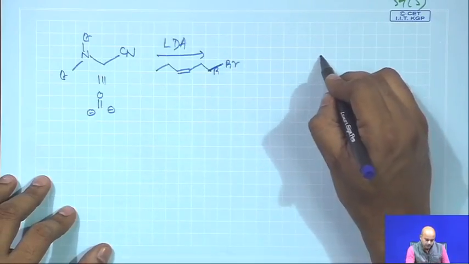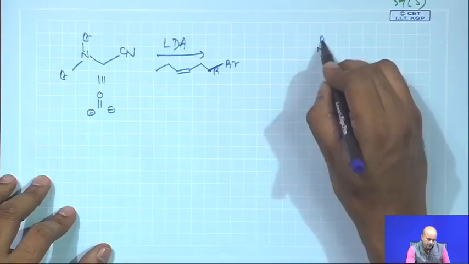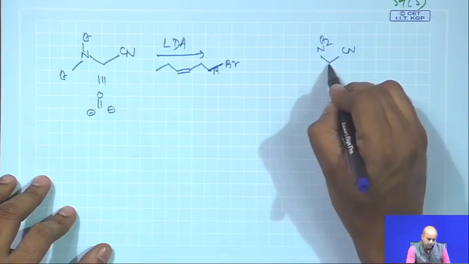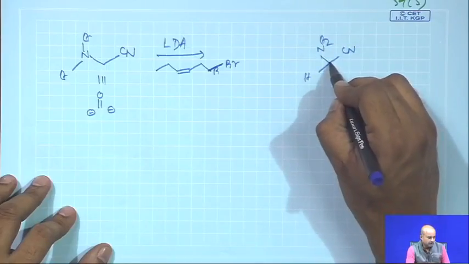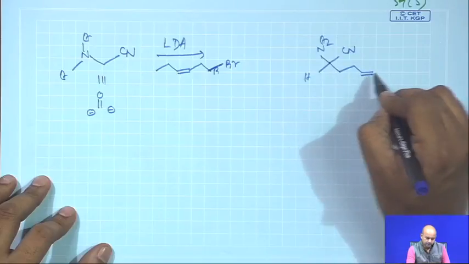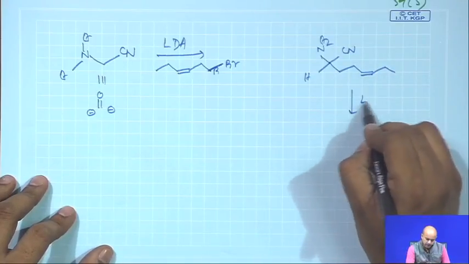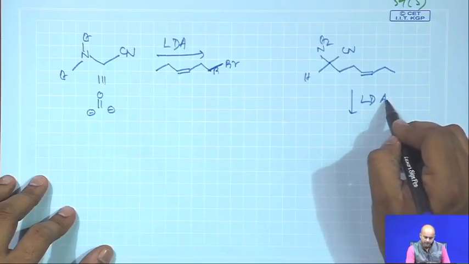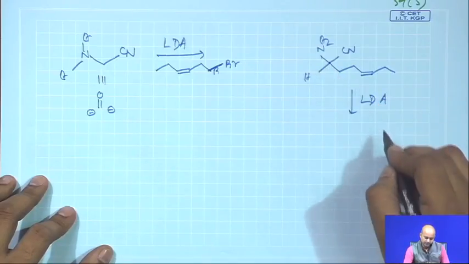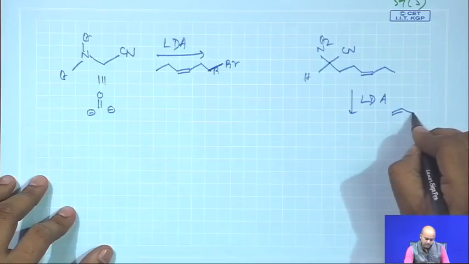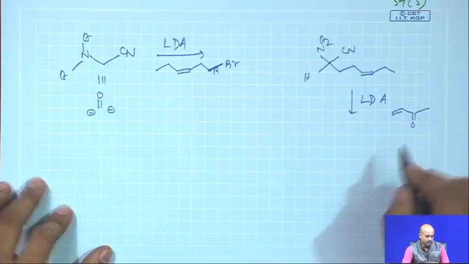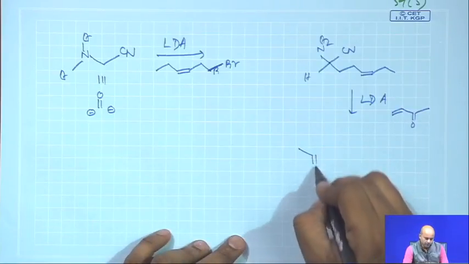Then you see that NEt2 remains similar, CN similar, one hydrogen is abstracted and you basically get this compound, fine. Next, another round of base abstracts this hydrogen and then you react with another acceptor which is the methyl vinyl ketone. So, you will basically get